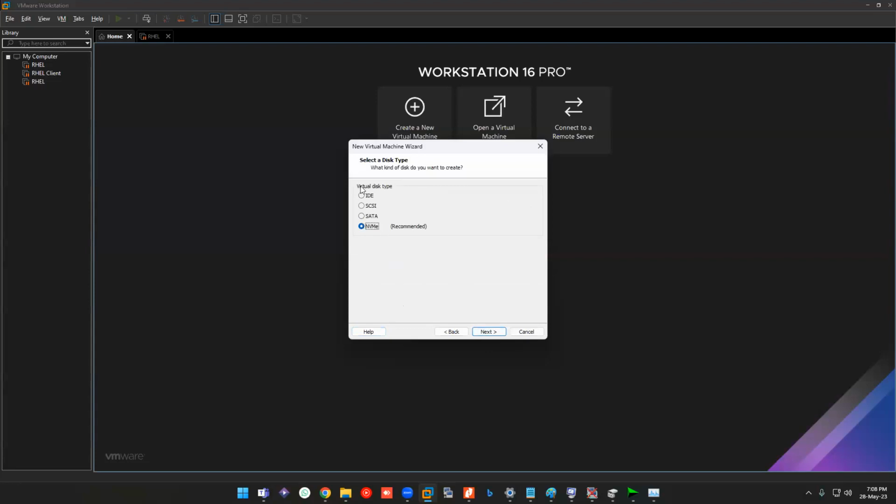Next, and this is an important one: the virtual disk type. What is your disk type? There are different types of disks: you have SCSI, SATA, and NVMe. IDE is there, but it is deprecated. It is a very old one, so we won't use that. So SATA and NVMe. I told you about SSD, right? That SSD is your NVMe SSD. I do have that too. That is the fastest as of now, so that is what we'll be selecting.